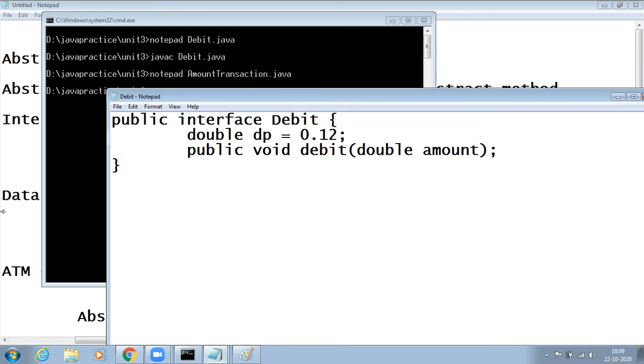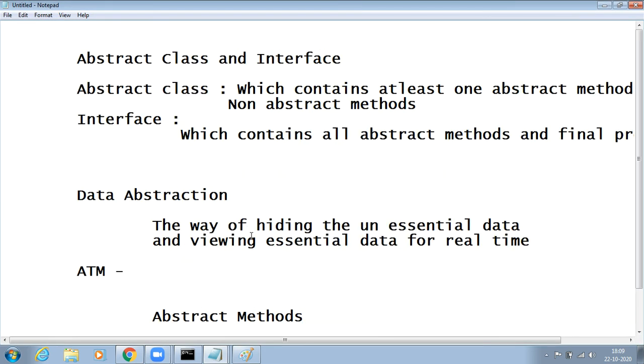the keyword for what? Keyword for extending a class, and implements, which keyword? Implements is the keyword which is used to implement an interface. Whenever you use a class or abstract class, you have to use a keyword called extends. The extends keyword will extend the parent class.